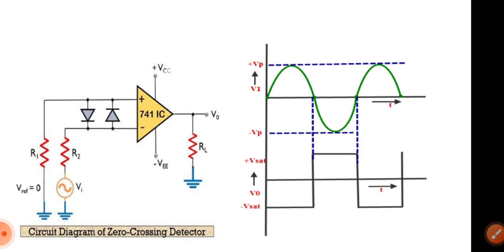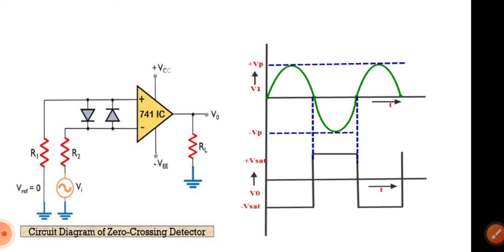One more name for this is a zero crossing detector or a sine wave to square wave converter. In this figure, the inverting comparator is used as a zero crossing detector. It is the inverting terminal, I have already told that. The output voltage V0 waveform is in the figure as you are seeing.